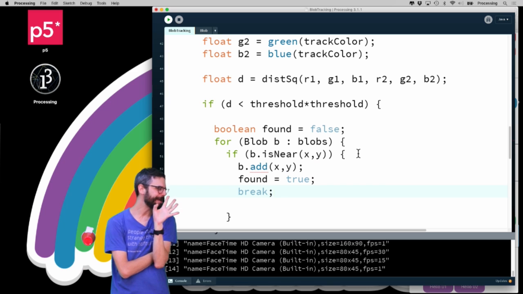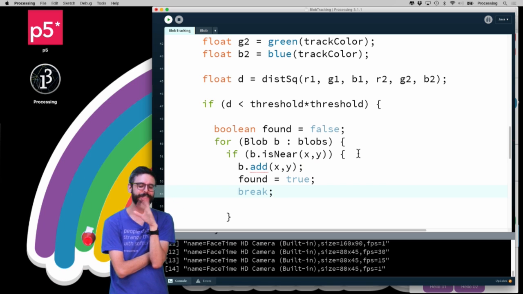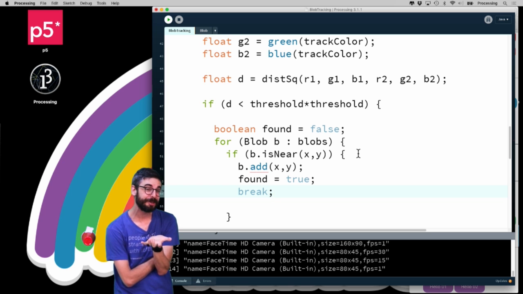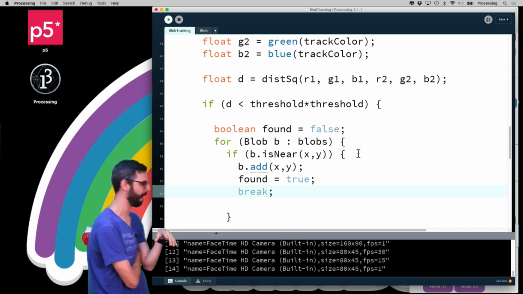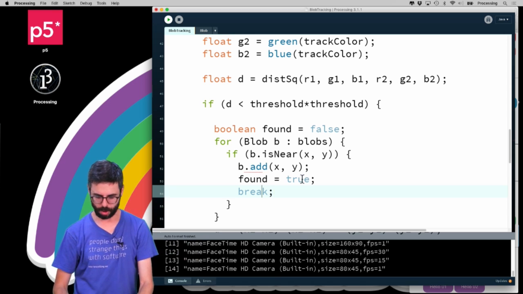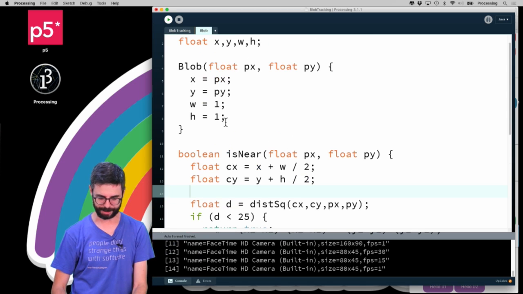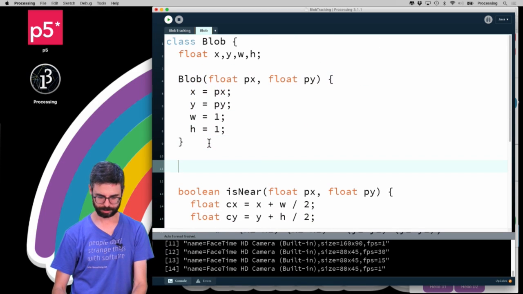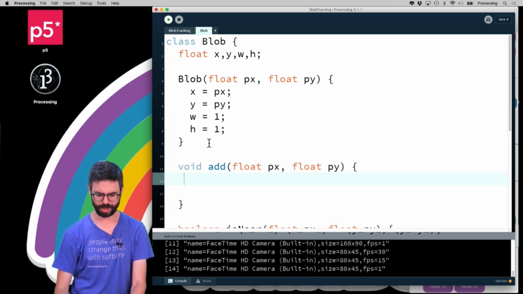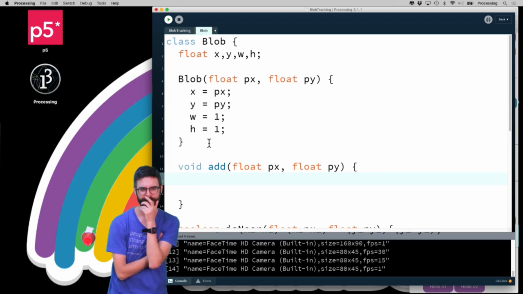Now, there's a little bit of a problem here where I probably should check all of the blobs and find the one that it's closest to. But I'm not going to worry about that right now. I'm just going to do this loop and find the first one. So now I need to add that xy. So here, I need to write a function add that takes pixel x and pixel y. So what does that do? Well, the thing that I need to change is I need to